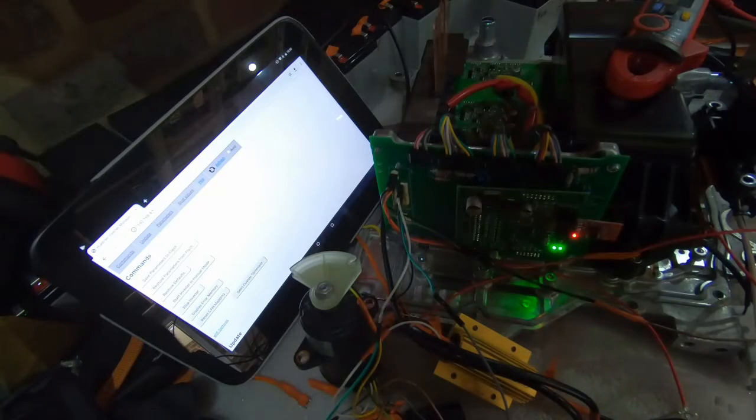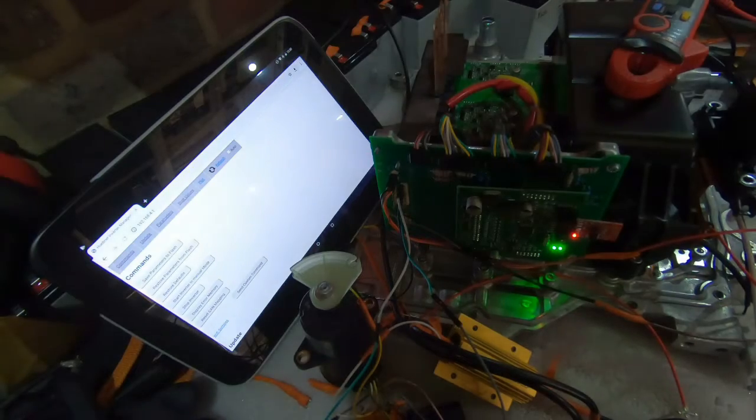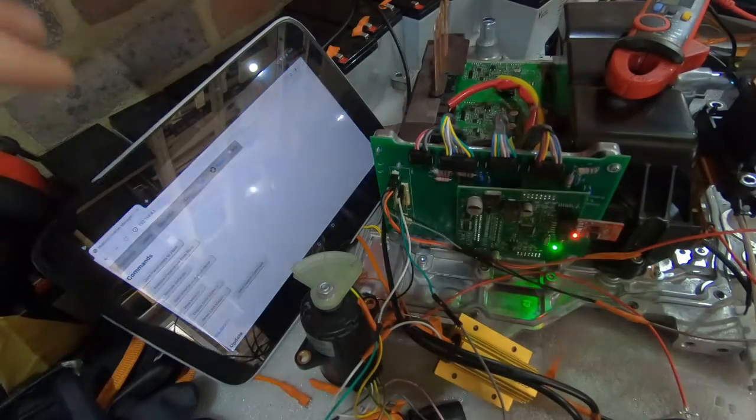Alright, so I did quite a bit of digging and troubleshooting off camera. It looks like probably when I was soldering or something, I managed to screw up the pin that had the 5-volt coming out, and therefore I wasn't able to create a signal that the inverter could understand. So just, I guess, to